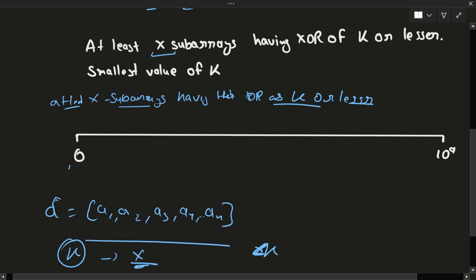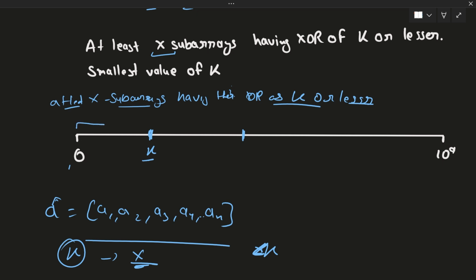So let's say my value of k lies somewhere here. All the subarrays of this array which have the XOR in this range from 0 to k, k or lesser, all will be considered as valid subarrays,